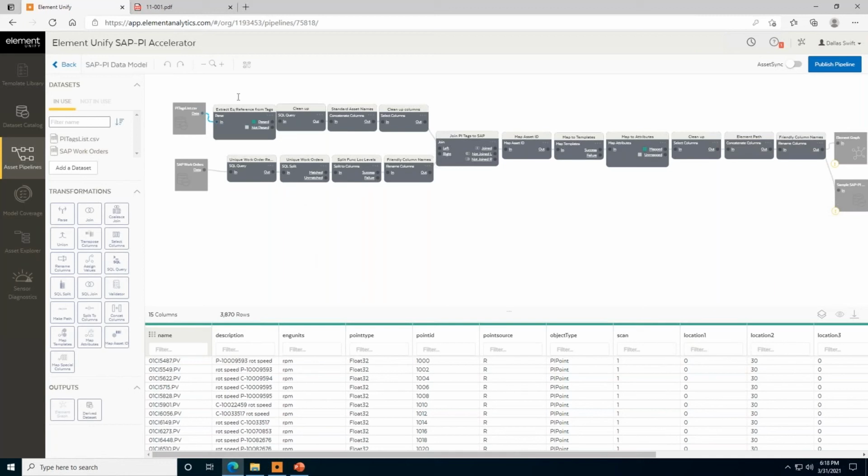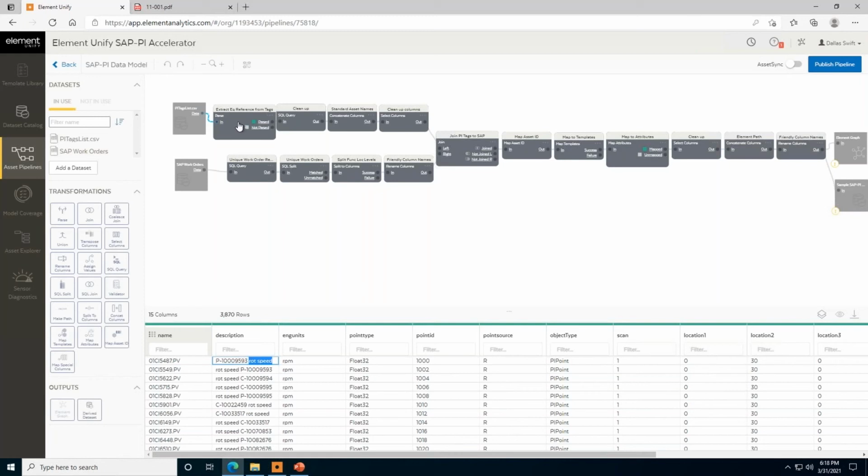And I'll just open up one of those transformations. So here we have our PI tag list. And looking at this tag list and thinking about how we want to join this with information that might be in SAP, I can look at the preview and see this description field has what looks like the name of an asset and some description that measures what that particular tag is measuring, which is great. Now you'll notice that these are not all in the same place. There's a rotation speed at the end, at the beginning. And so what we need to do is define some rules to get that information that we really care about